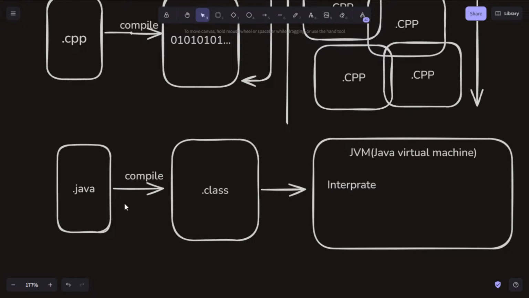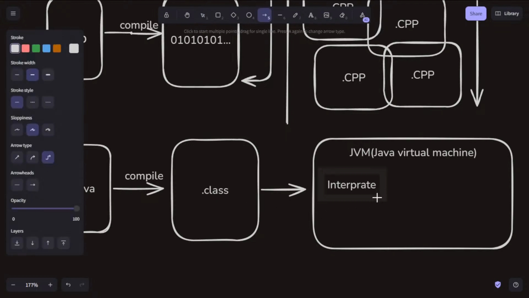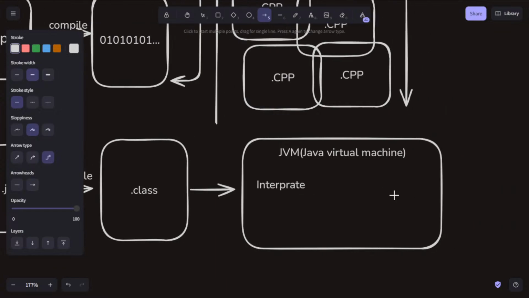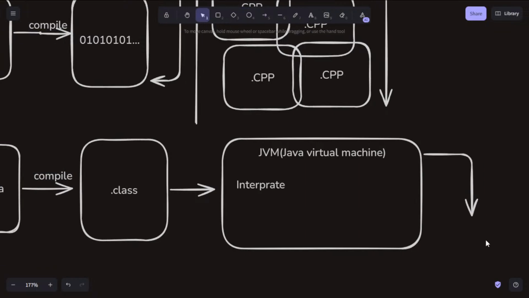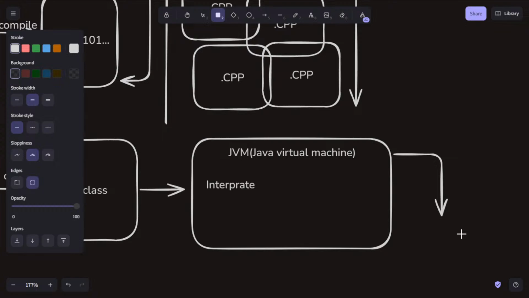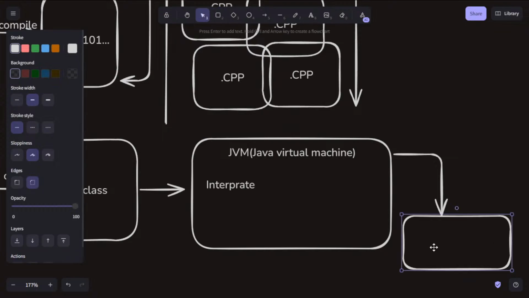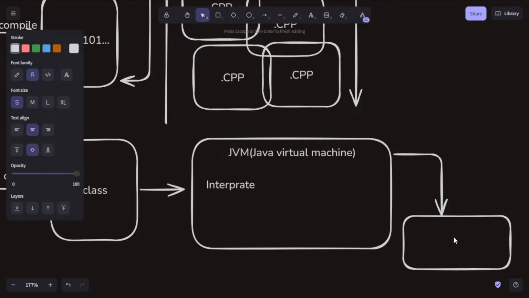First, it's going to compile it and convert it into a .class file, and then it's going to interpret it. After the JVM interprets it, it's going to convert it into machine code or native code.